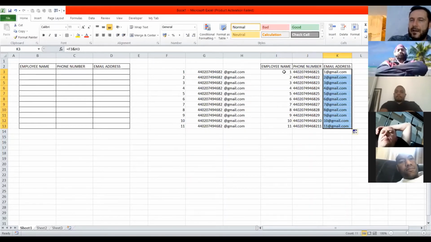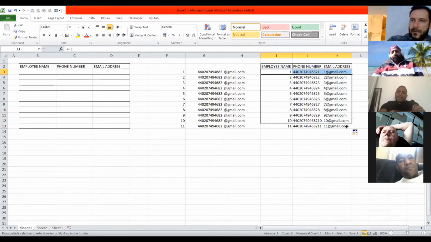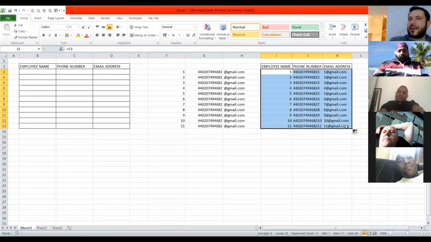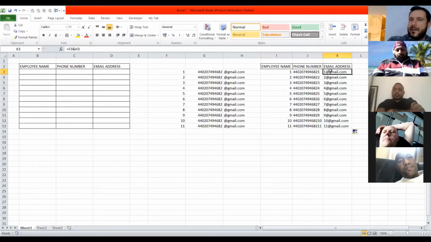I will give some advice. Usually it's worth it to put the formulas just for the first row, because after, when you have the formulas in the whole row, you select the whole row and drag it down from the corner. You're gonna save a lot of time doing it like this. Otherwise, you'd have to put one formula, two formulas, three formulas, and just copy and paste for everything. So now we've got the whole database.